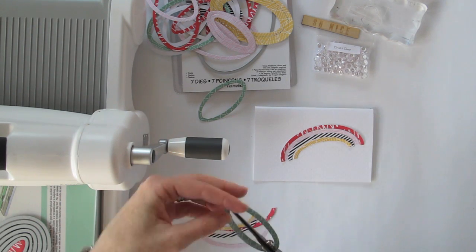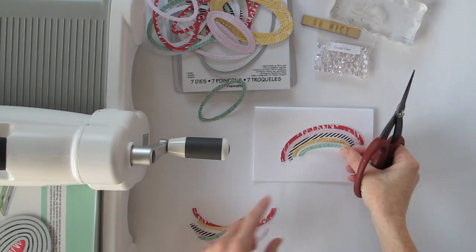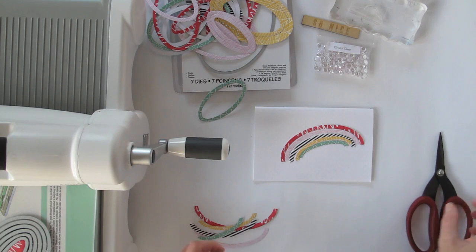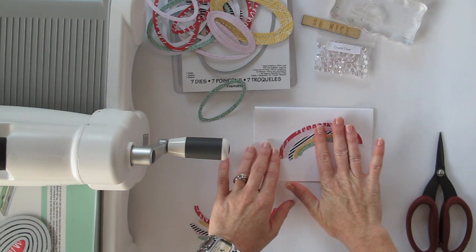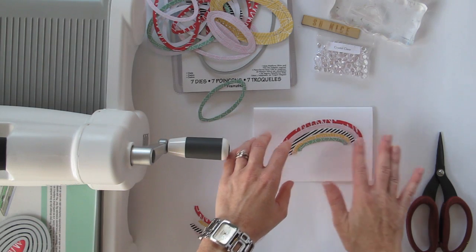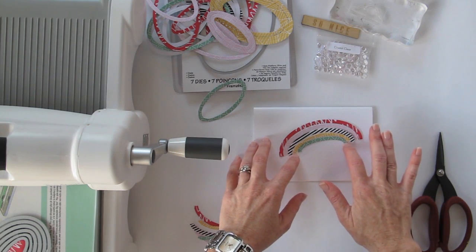So, can you guess it? It's a rainbow. Obviously not traditional colours, but a rainbow nonetheless. Colourful and fun. Now, to make sure that people can tell that that's a rainbow, I'm going to add some